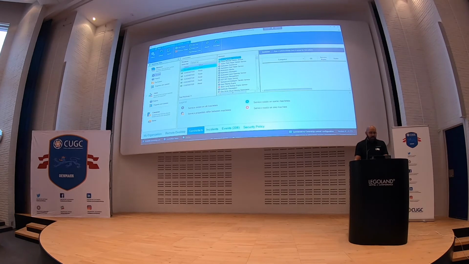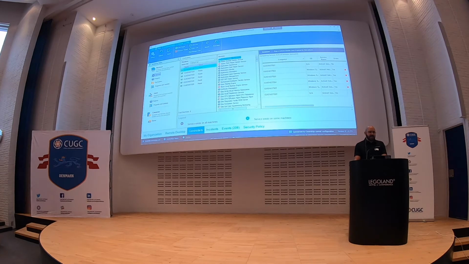We can see on this side all the services that are running for all these machines. Then we've got a legend here that tells us where there are differences. If we look across, we can see that these services are running on 4 machines, but they're not running on these 2. So if users are reporting issues, it's really easy to drill in and see where the issue is and potentially where there are any differences between the machines. Not only in the services,